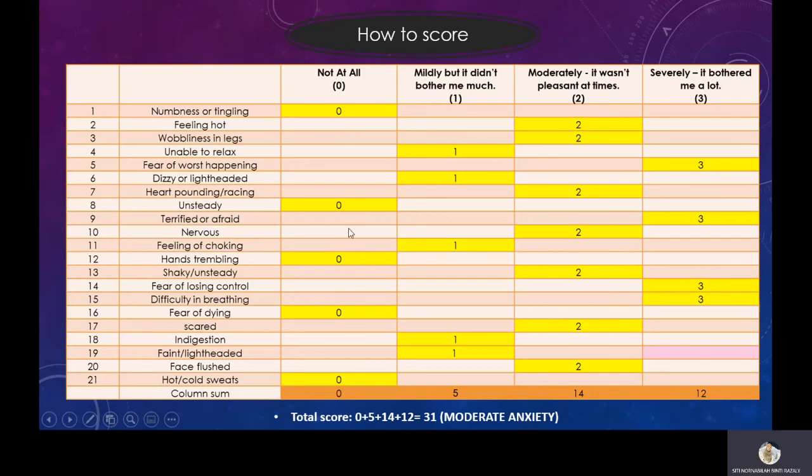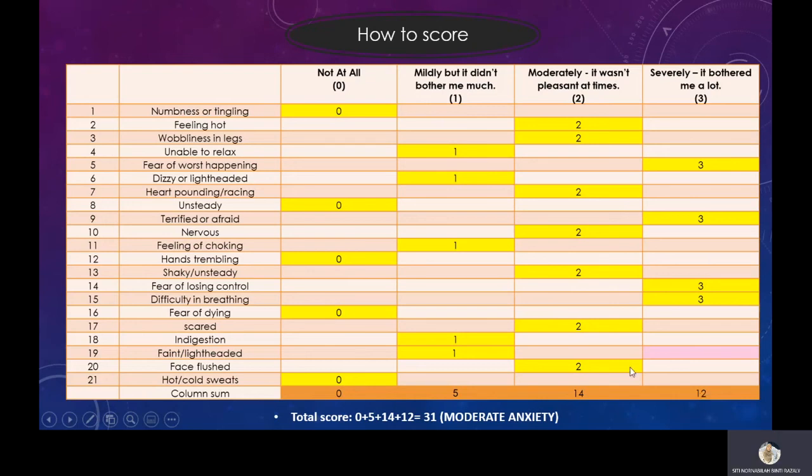You sum up all of these numbers and you get the result 0. For the second column, mildly but it did not bother me much, you sum up all of these numbers and you get the result 5. Then the third column, moderately, it was not pleasant at times, you sum up and get the result 14. The last column, severely, it bothered me a lot, you sum up and get the result 12.